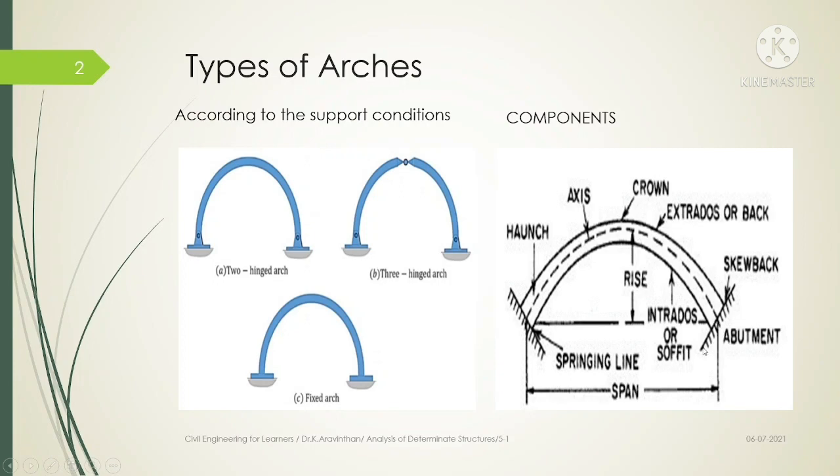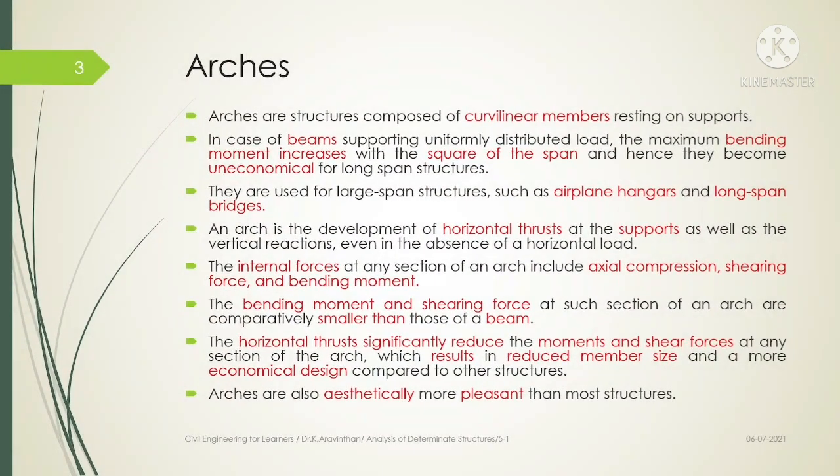So this resistance is not only acting at the support, it acts at each and every section. So what happens? It reduces the bending moment. So it acts as the counter for the bending moment. So if there is any load here, you will be taking bending moment as load into distance. You might have 100 bending moment, and what happens? In the same structure, you will be having a thrust due to this action, and there will be some amount of bending moment which is being reduced. That is, it might be minus 25, and 100 minus 25 will be 75. So you have to design your structure for the net 75 kilonewton force. So this is the advantage.